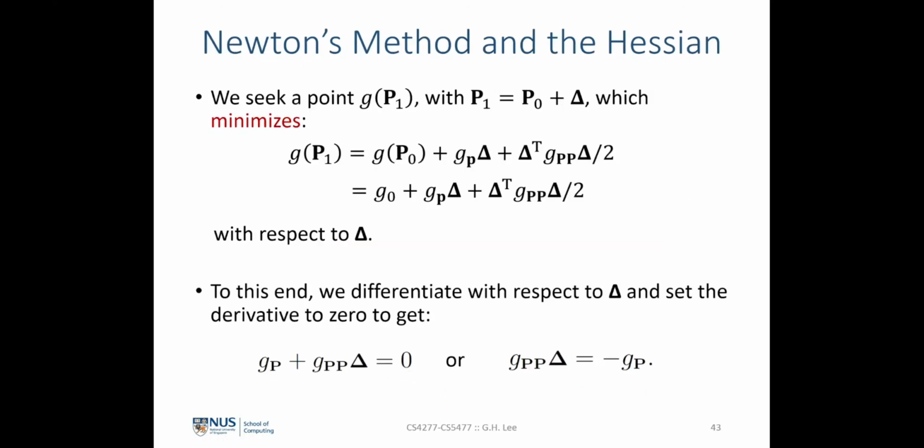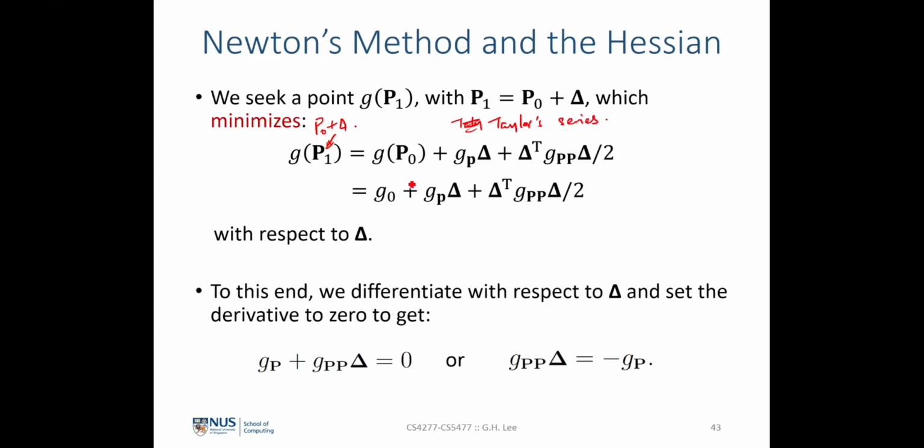Now after the Taylor series expansion, we seek a point g of p1, where p1 is the new vector that we estimate, such that we minimize this function over here, g of p1, where p1 equals p0 plus a delta change in it. We'll do the same thing. We saw earlier on that p1, since it equals p0 plus delta over here, we can expand this using the Taylor series